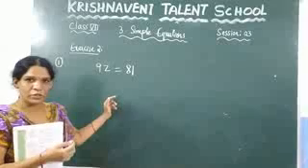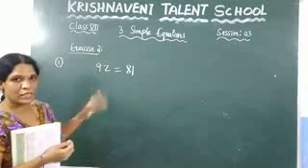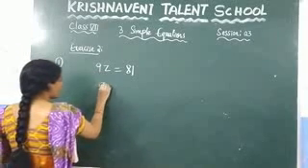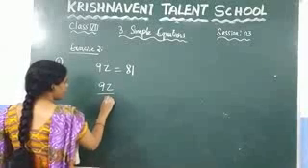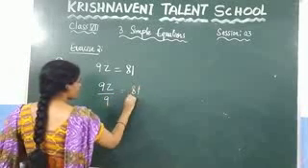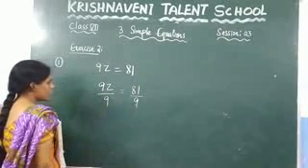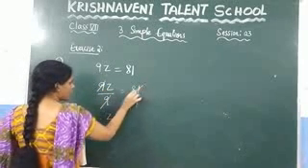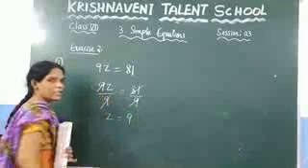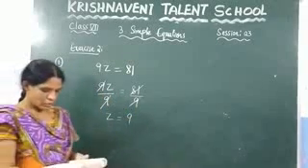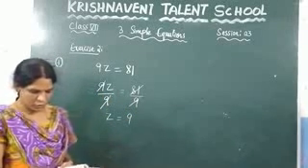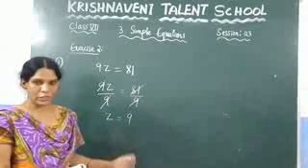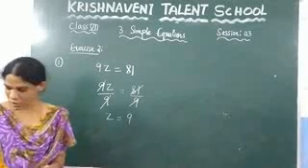Which number we need to divide? The same number, which is 9. So divide it here. 9z by 9 is equal to 81 by 9. So here this 9 is cancelled. You will get here z, and here 9 nines are 81. You are getting the z value as 9. So here, this is the problem. Just you need to check which value you need to remove here. Now see the next question.